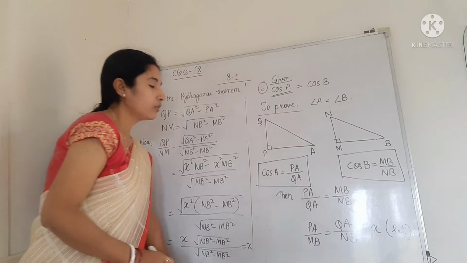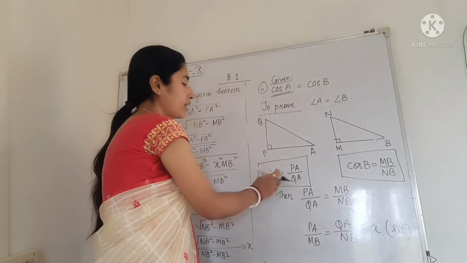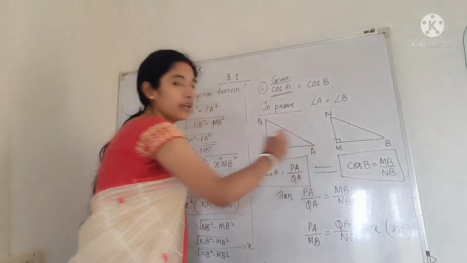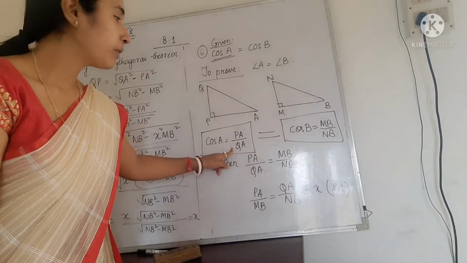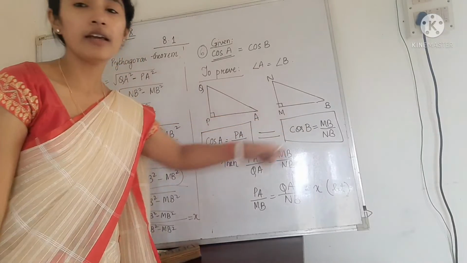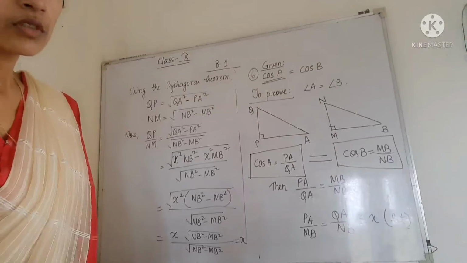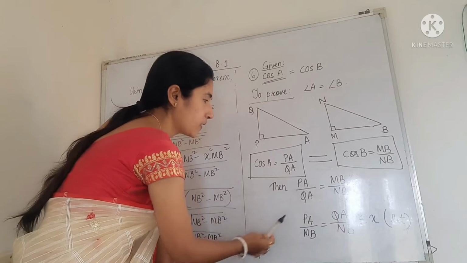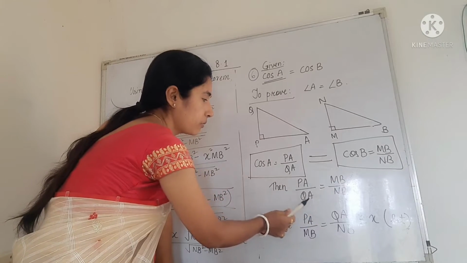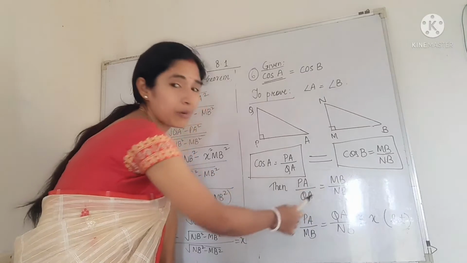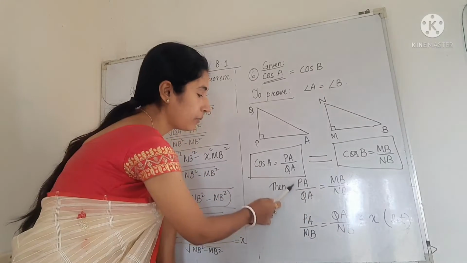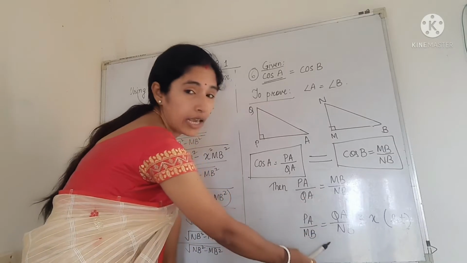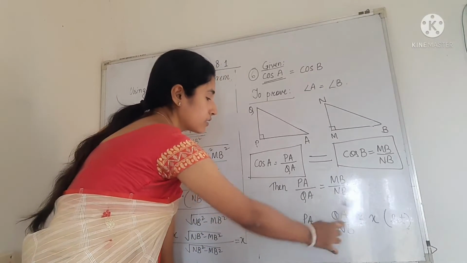Okay. So now then already given that cos A, the value of cos A is equal to cos B. That means these two are equal. PA by QA will be equal to the value of MB by NB. Okay. And in the next step, I am writing this one like this. Just I am interchanging this numerator with this denominator, because you know we can cross multiply like this. So I am writing here PA by MB, okay, is equal to QA by NB,